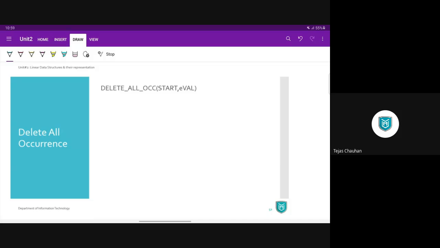Right? So it might be possible that your first node has the same value, given value. Then you delete your first node. Now, as long as we want to delete all the occurrences, it is also possible that this given value will be at a second node also. Then we will delete first node, we will delete second node. If that value is at the third node, then also we need to delete it. So delete a third node. So this is a case